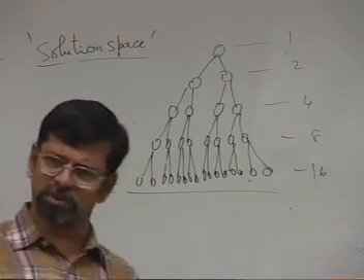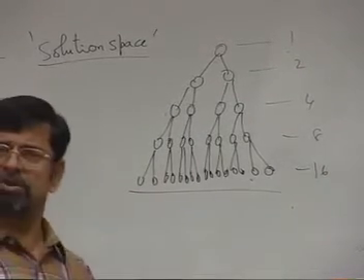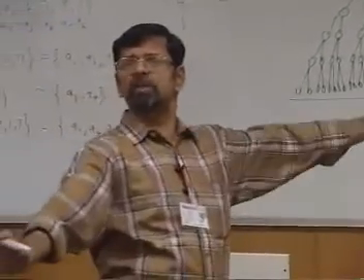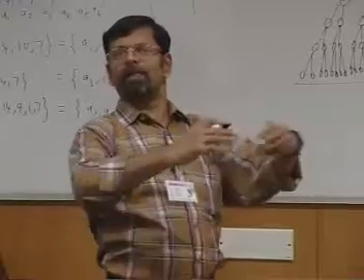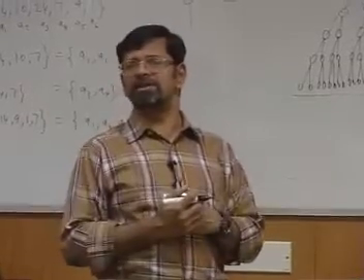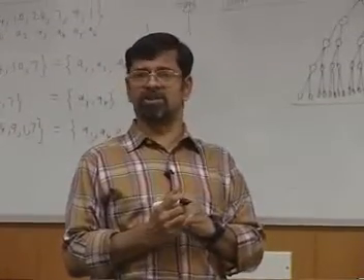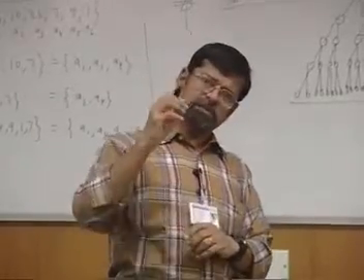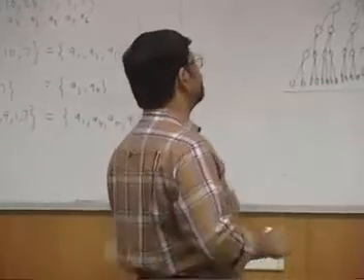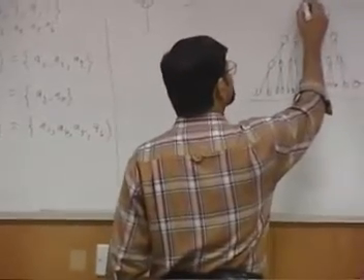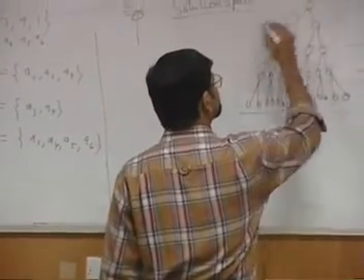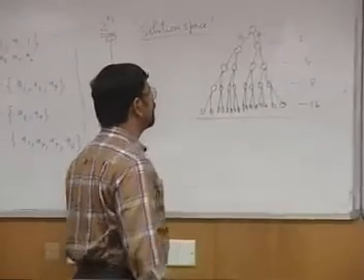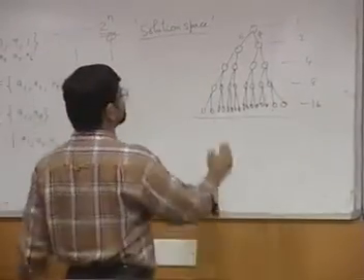So what I am going to do is associate those 2 power n subsets to the 2 power n leaves. There are 2 power n leaves and 2 power n sets to be considered. How do I do the association? I must have a meaningful way of doing association. I cannot simply arbitrarily associate. So I give the following interpretation. If it is in the left, I interpret that as belongs to, and if it is right, it doesn't belong to. And each level I associate a particular item.